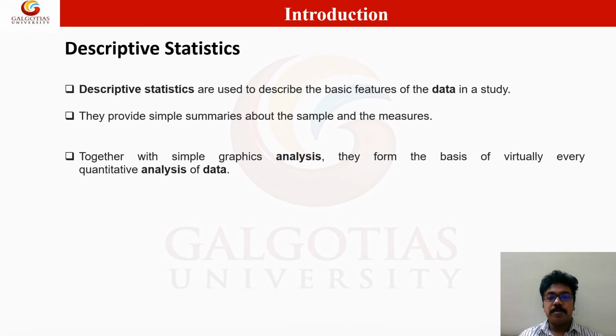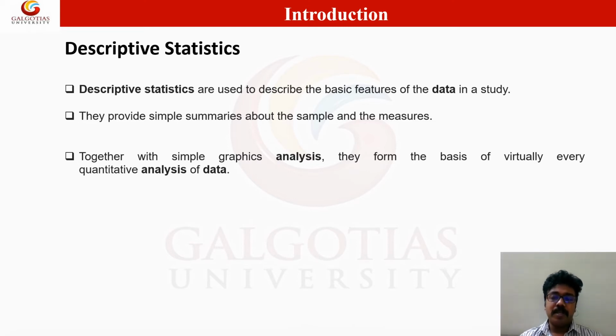Descriptive statistics are used to describe the basic features of data in a study. So you may think, what is the meaning of a feature for data? Take the example of a human being, who has a number of features. If you take basic features like height, weight, color, and you have 100 different human beings, you'll have summaries of all their features, like the height of human A, height of human B, height of human C, height of human D, etc.